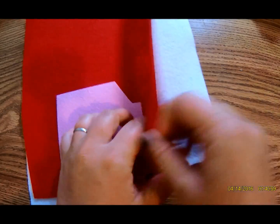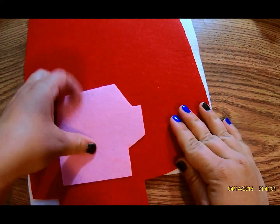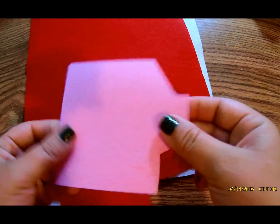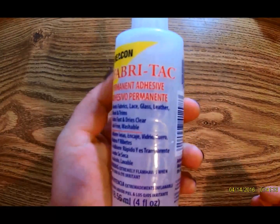felt, you'll need white, red, and pink, and I got these little squares off Amazon and I like them. They're more stiff than the other felt I've used. You will need fabric tack or fabric glue,